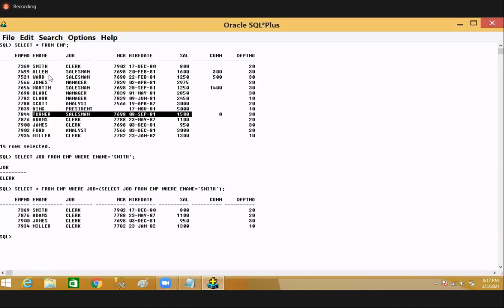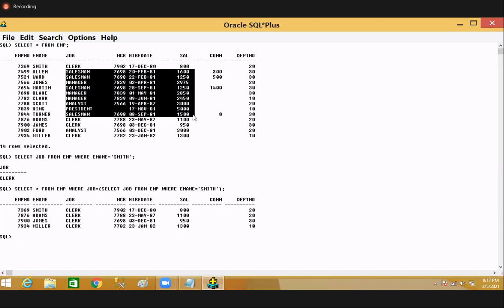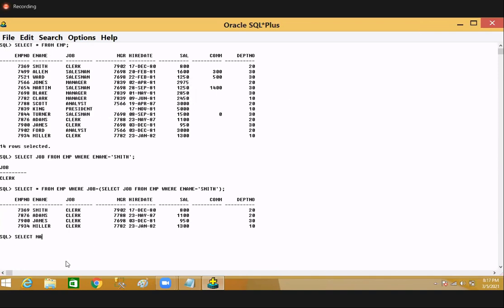So there are a total of 4 salesmen. In 4 salesmen, what is the maximum salary of salesman here? Come on, guys. What is the maximum salary of salesman? 1600. Very good. So first I'm writing: select max of salary from EMP where job is equal to